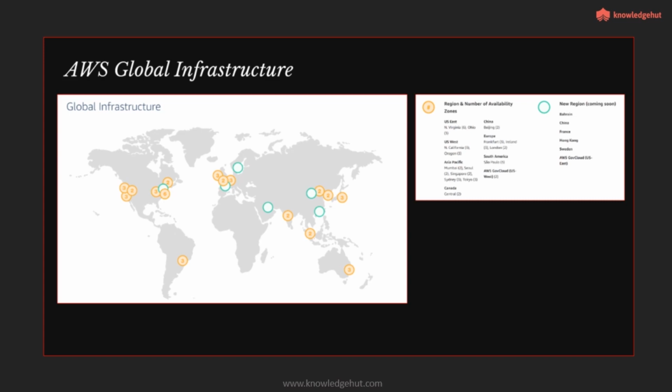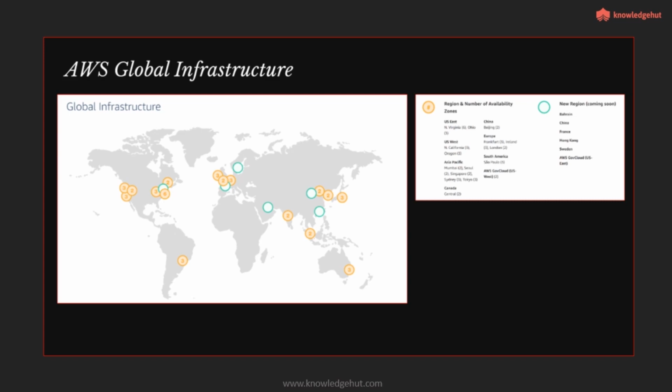Now the reason for these regions is, when you're accessing AWS, you would like your instances or your servers, or whatever service you want to use, to be closest to where you are. You don't want to spin an instance all the way to the US, and because of latency issues, your broadband issues, or whatever the case might be, it becomes slow, and you don't find much use in that case.